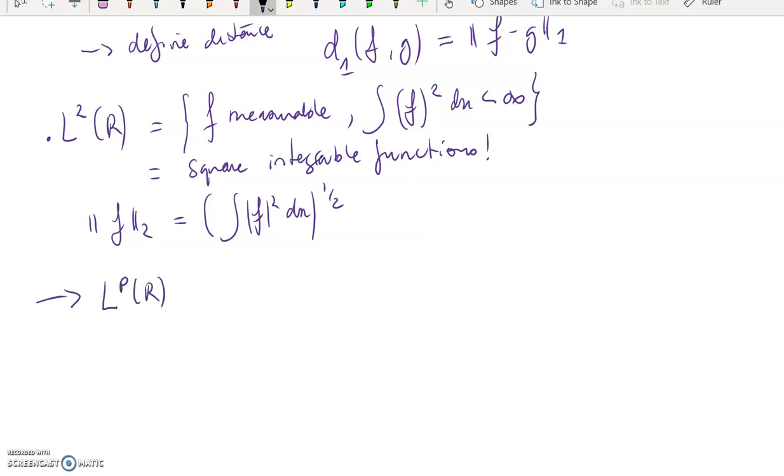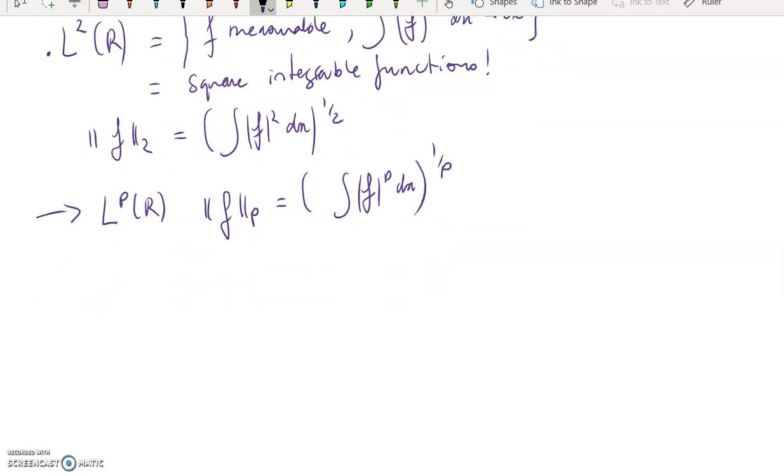It's just going to be the spaces of functions that are measurable such that the integral of their pth power is bounded, and so we can define the p norm of a function to be the integral of f to the p, and we take the power 1 over p, exactly as we could define the Lp norms in Rn. And we can even talk about L infinity, and that's going to be the space of functions